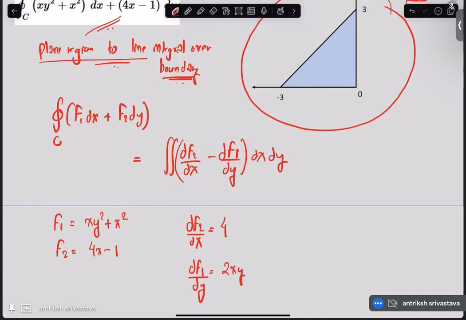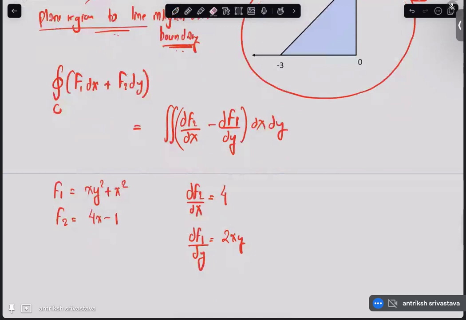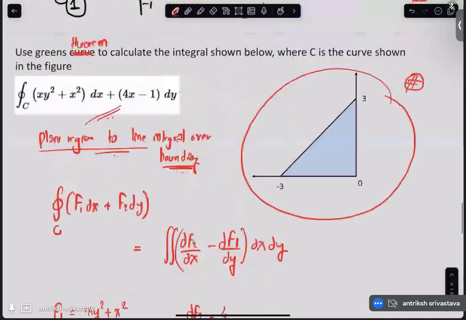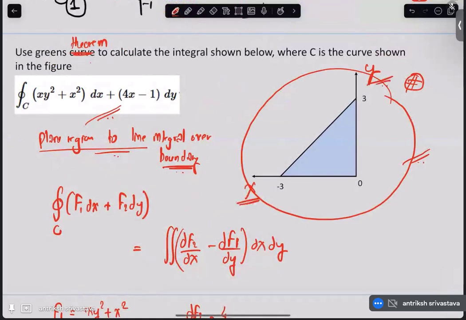Right. So what can I write? How can I write this expression? Double integral. One will be with the x, one will be with the y. We'll decide on the limits. 4 minus 2xy dx dy. Now look at this particular curve that you have. So this is y-axis and this is x-axis. X is going from minus 3 to 0. Y is going from 0 to 3. Right? You can perform this integration